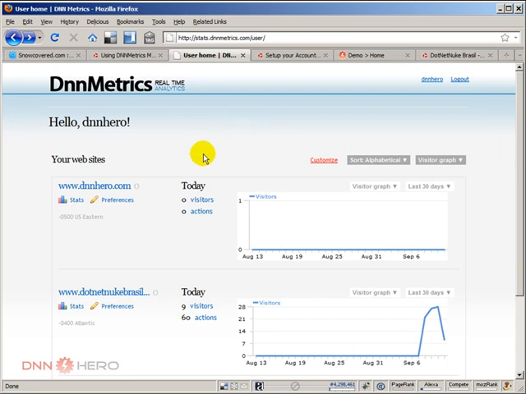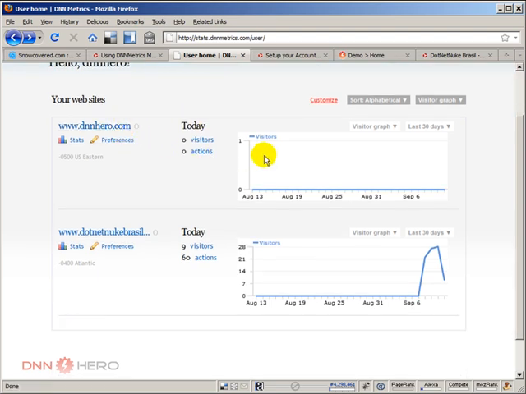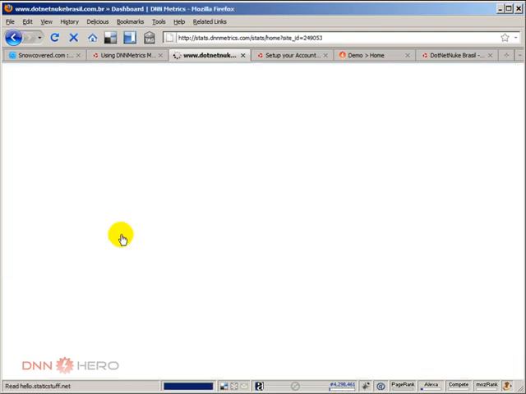Now, here I have added 2 sites, DNNHere.com, which has no tracking yet because I have not installed the module there yet, and I have installed it in a second site called DotNetNukeBrazil.com.br, which I have been tracking for the last few days. So basically, in a snapshot, you can see all sites that you are tracking. If I go to the one that I have some data, you can just click there and you'll see more